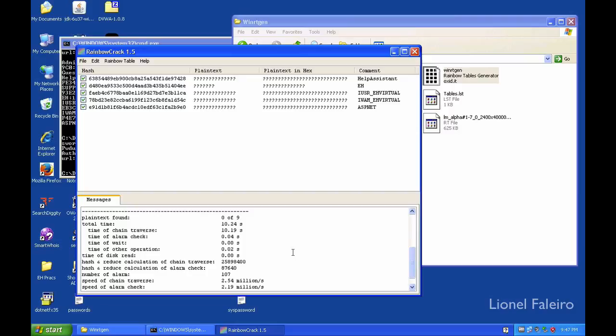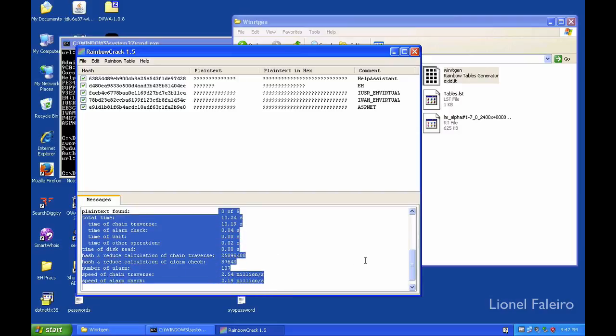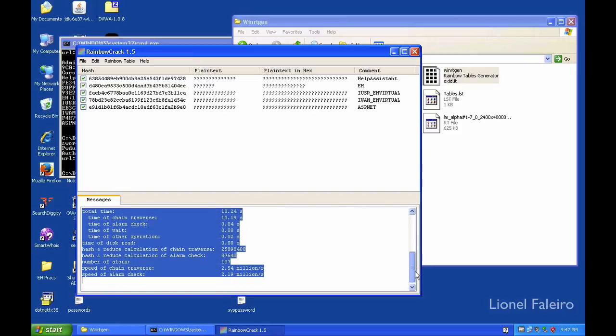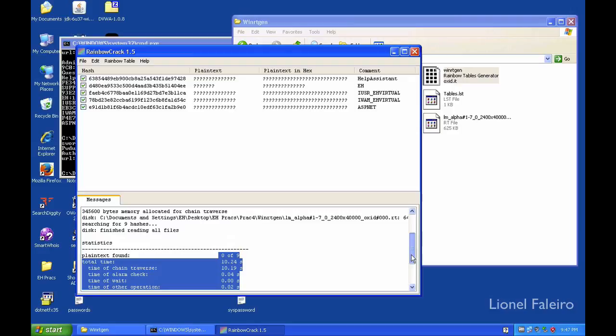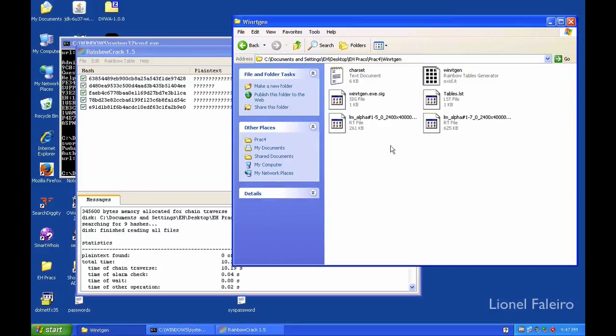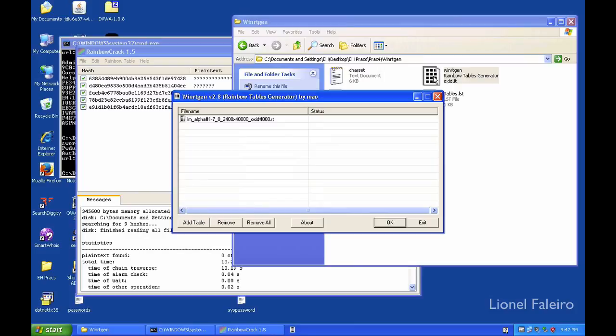And I can see it was not successful because I had chosen a very small length of 40,000. The generation of the rainbow table may have completed faster, but it did not help me crack the password over here. So what I'll do right now is I will try to regenerate it, but keeping it a very larger value of